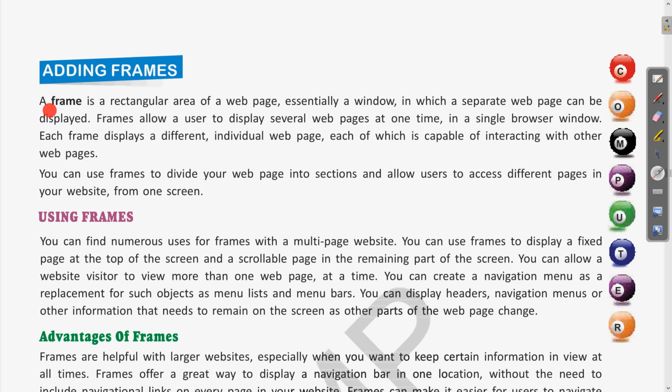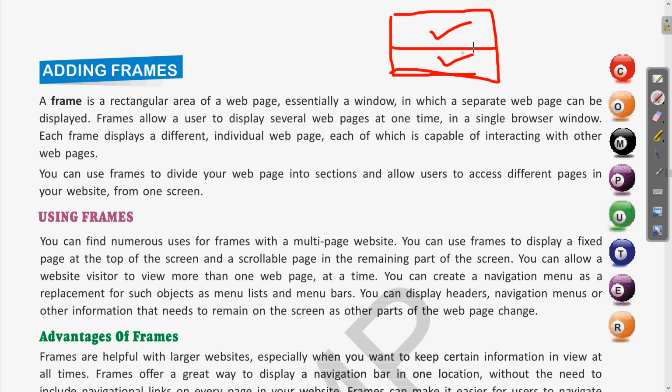So a frame is a rectangular area of a web page, essentially a window in which separate web pages can be displayed. Clear? So with frames we can create sections in the web page. So if you want two sections of the web page, in the upper part there is some information, some other web page, and in the lower part some other web page is being displayed.